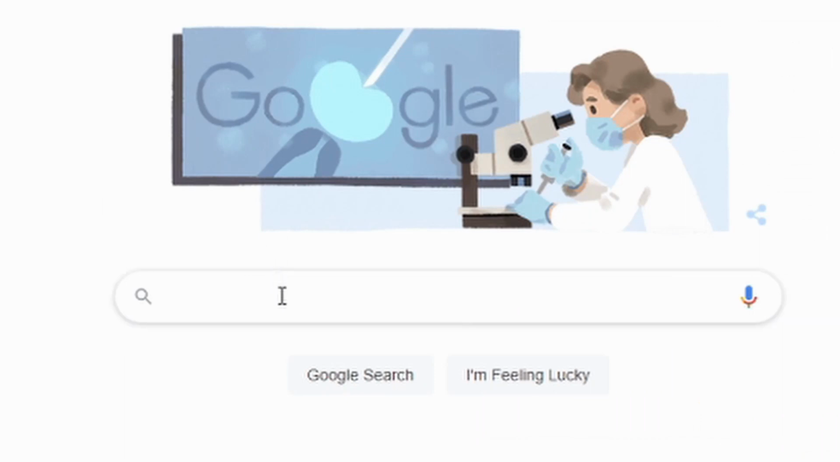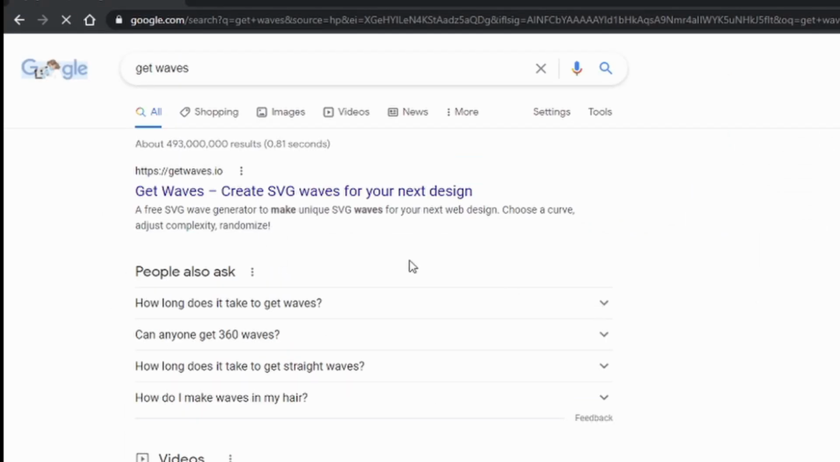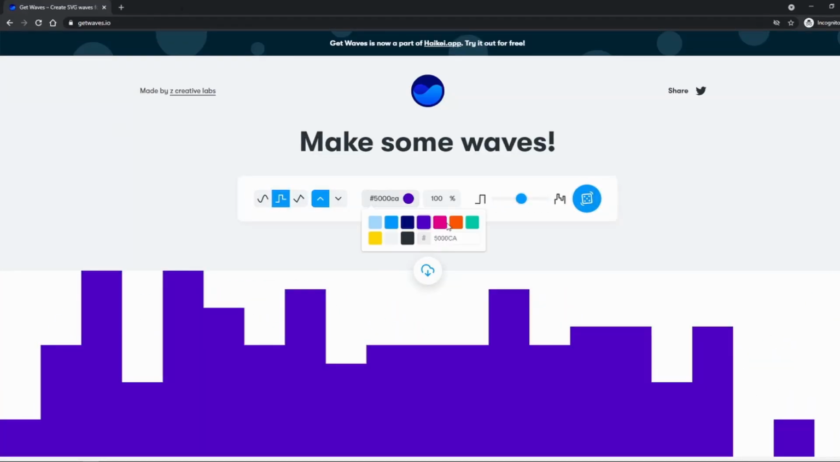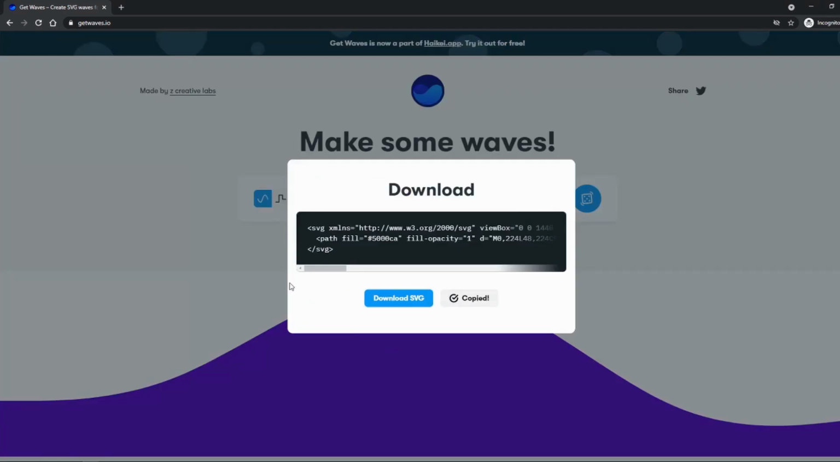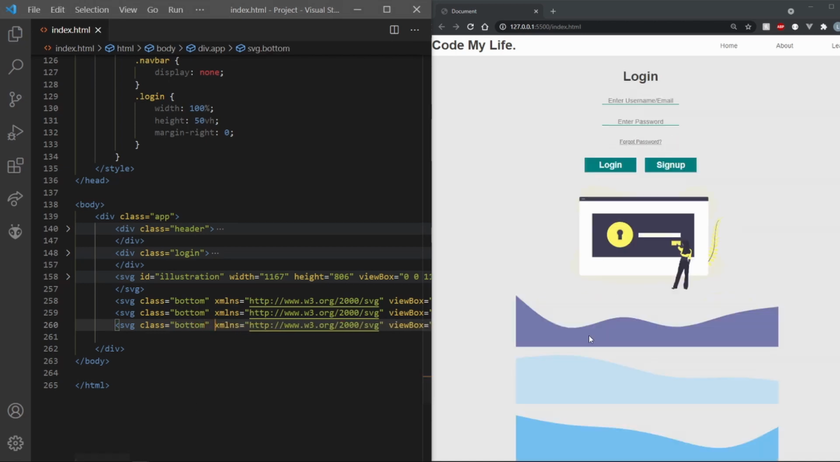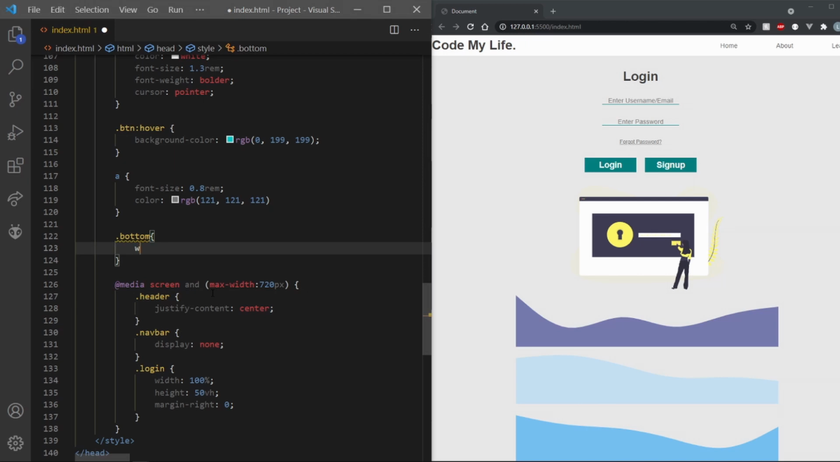Let's work on getting the waves now. If you go to getwaves.io, you can generate some awesome looking waves and copy their SVG into your HTML. I have made 3 with different colors already. What you need to do now is give all the waves a class of bottom, since we want them to stick to the bottom. In your CSS, set the bottom's width to 100%,